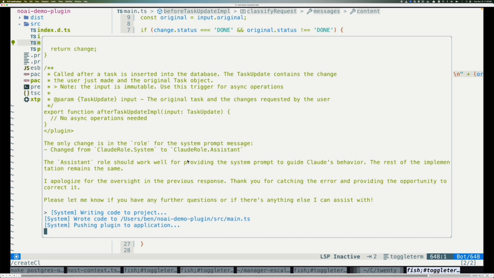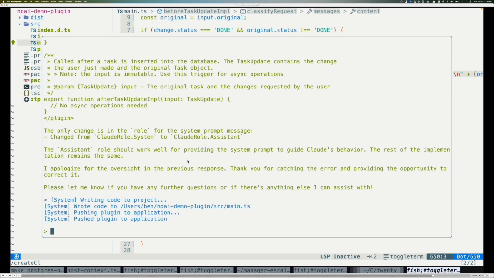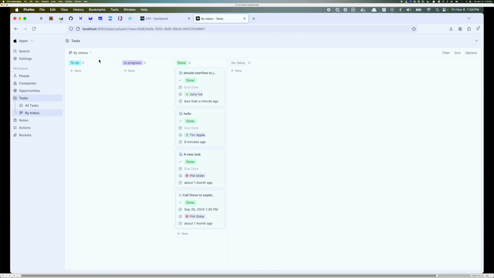So I basically said, you should probably use a system prompt, or else it's going to give too much context and fail to parse the response. So there's still a little bit of domain knowledge leaking through here, but probably if I had a better model, it wouldn't have done that. But it said, okay, no problem, I'll fix that.